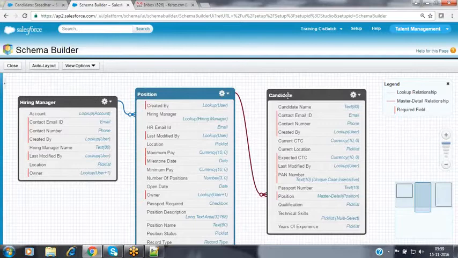So let's go to the candidate object, and you will find the association field there. This field, position, is a master detail field. Now let's open that field and change the field type from master detail to lookup.